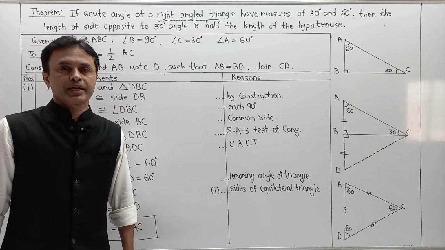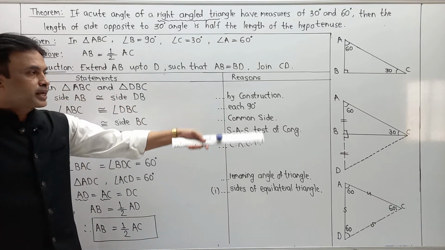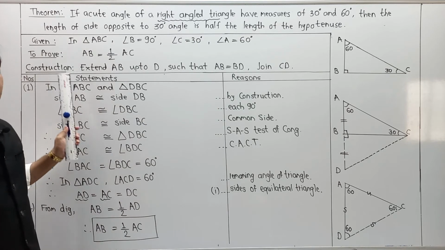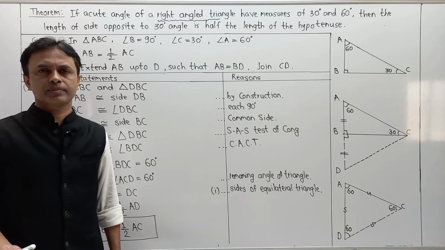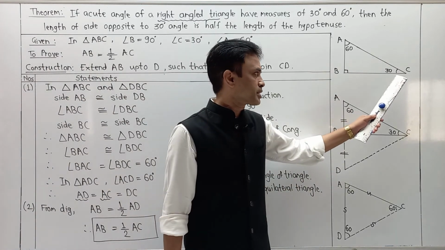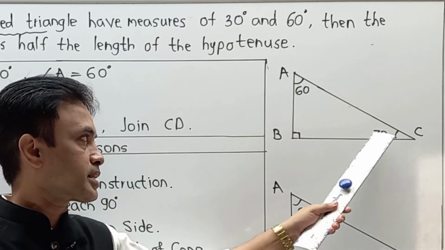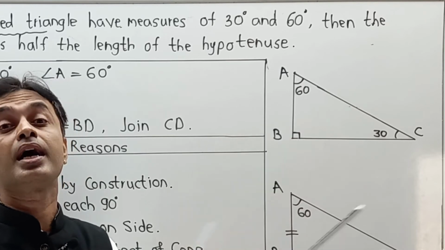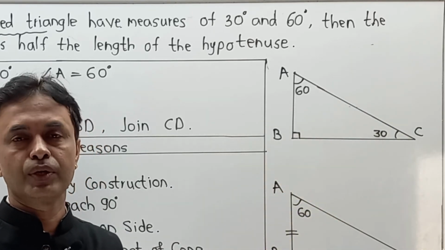Now students, please pay attention. Whatever we have written in terms of the diagram, given, to prove or construction is used for the next theorem. In the next theorem, there is a slight change. In the first part, they have discussed the property of the side opposite to 30 degrees, and the proof is that the side opposite to 30 degrees, meaning AB, is half of the hypotenuse, meaning half of AC. That we have done over here now.